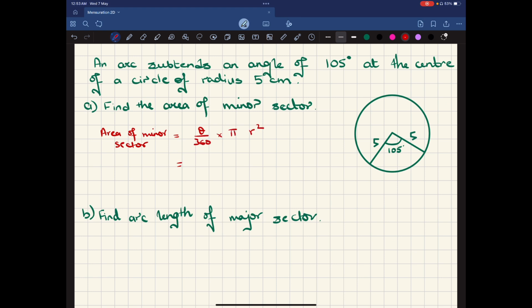Let's substitute the values. Theta is 105, r is 5. So 105 over 360 into pi, 5 square, and this comes out to be, let's calculate,